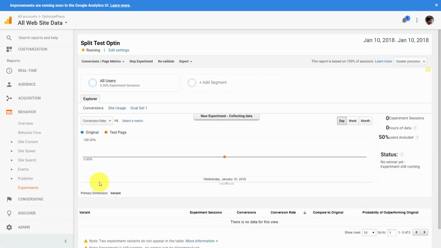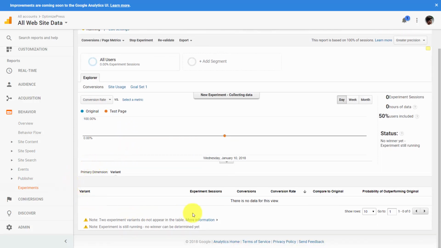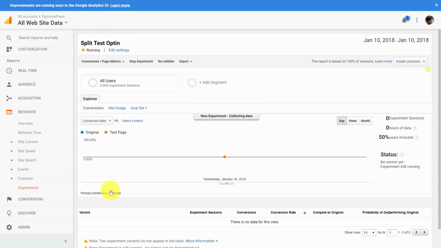And then you're going to get page-specific information about this test. All of your information is going to show up in this area, including the conversion rate. You do have the option of exporting this content to a PDF if you need to report to someone, a client or a customer. So basically, the bottom panel is going to show you the variant and how it's performing,